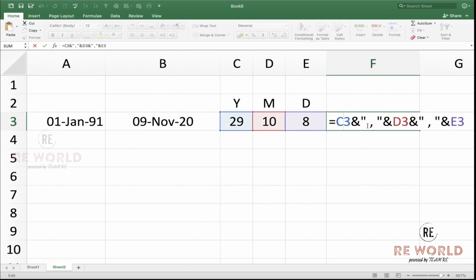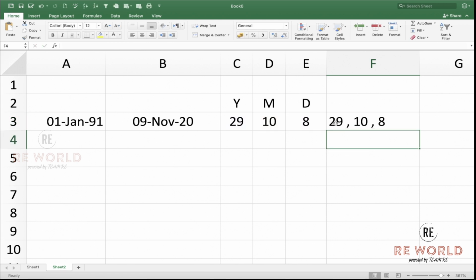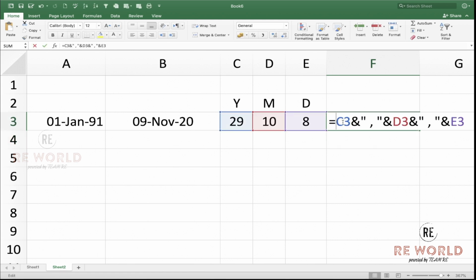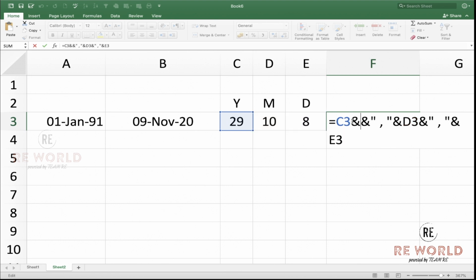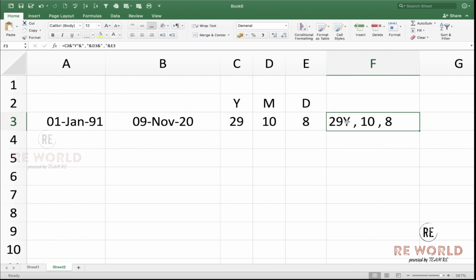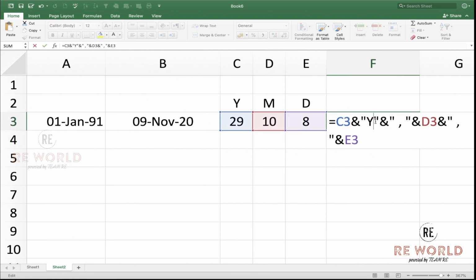So in order to get it, we need to add year after 29. So after 29, this is C3, and we have added a space. So between this comma and here we need to add another condition, and then year. So 29 years, right?